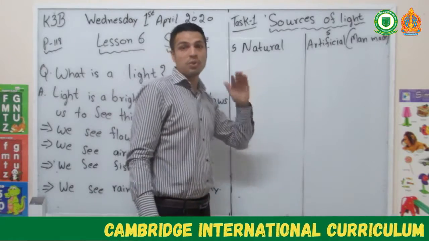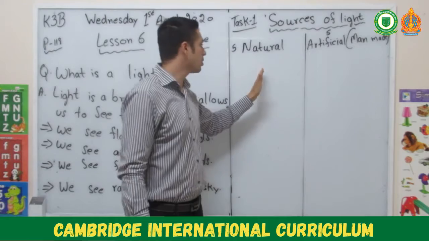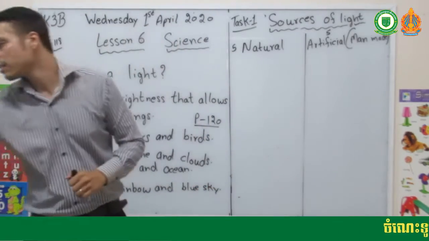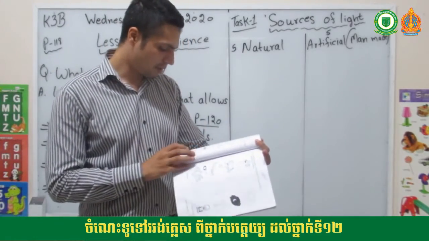Okay, if you want you can draw them, or you can just write down. It's up to you. You can draw them or you can write down the names. And your task 2 is